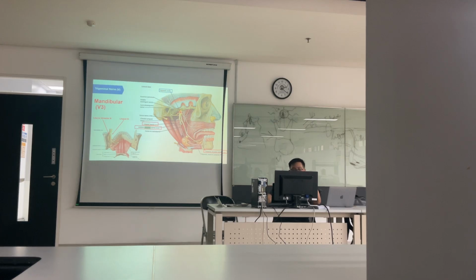And then from here there are many branches. They also go to the temporal nerve, the temporal muscle. I think some also go to the masseter, and then to the buccal, and also to the lingual nerve in here. Also to the ear, behind the ear, the auriculotemporal nerve. And also in here to the intraocular.